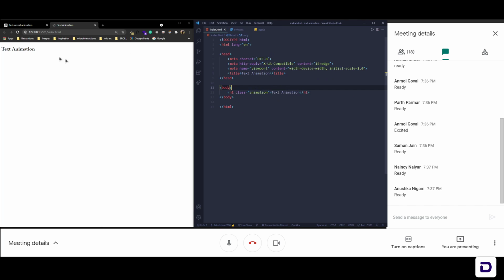Yeah, this is what we are going to be making, and let's just connect all the CSS and JavaScript files. So I'll link the CSS, style.css, and the script will be app.js. This will be all for the HTML.